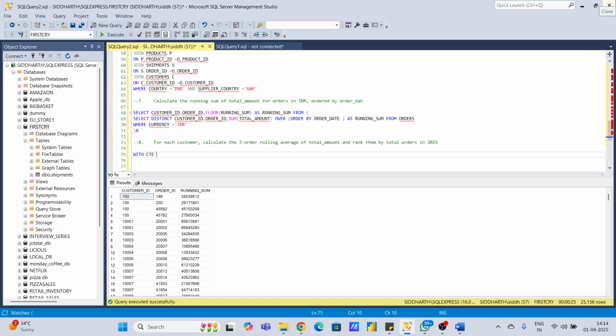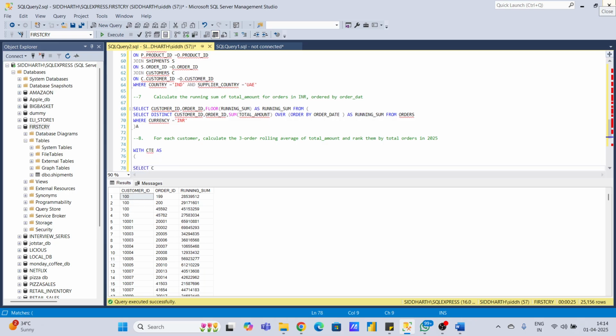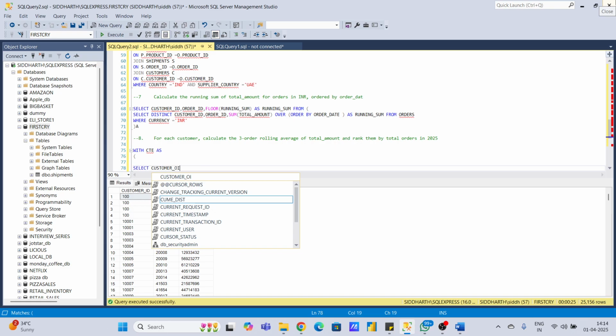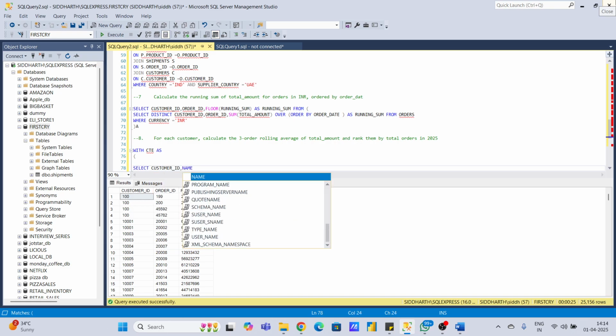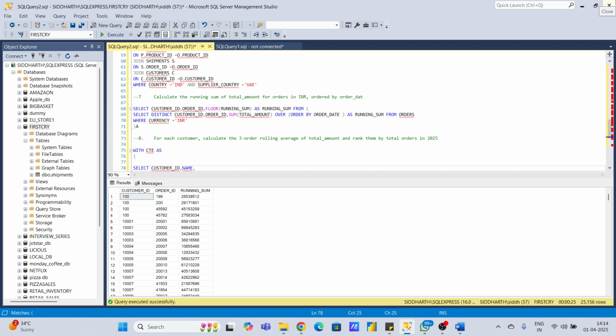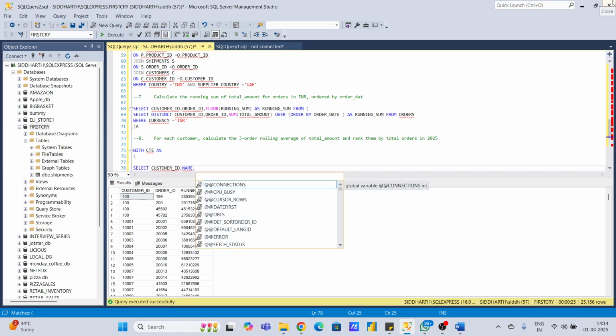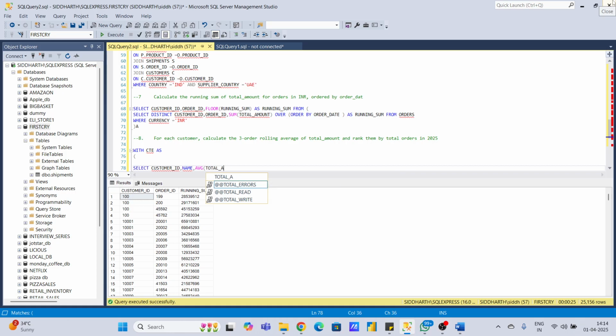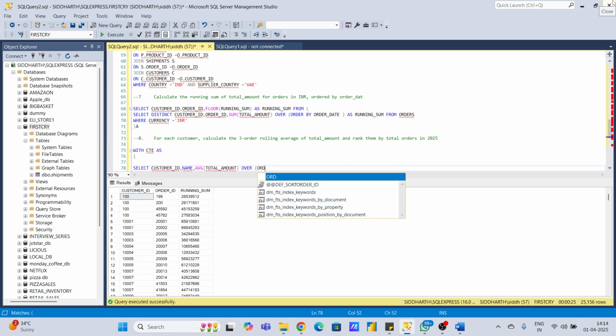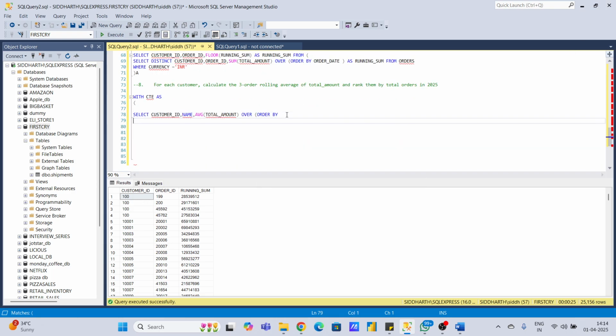First of all, I would go for the CTE as, right? I would select customer ID, comma, name, comma, and then we need to go for the orders table. So I would say average of total amount. Okay. Then we would use one clause, over order by. Let me first join the table, right? From